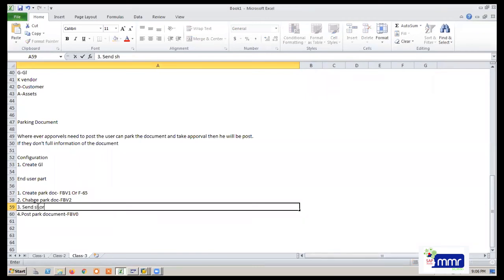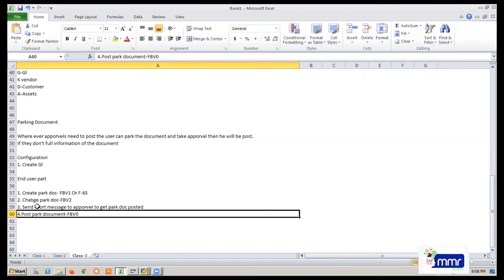Send short message to approver to get the parked document posted. Next step is the approver will check his or her inbox and approve it.